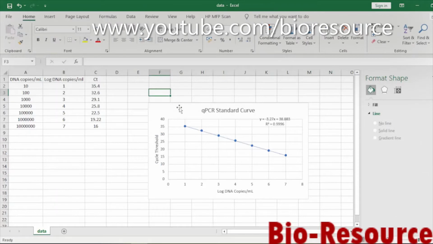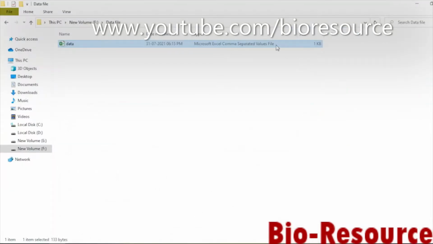So this is the qPCR standard curve scatter plot with the cycle threshold on the y-axis and the log DNA copies per ml on the x-axis. This is saved as a comma separated file with the name data in the F drive.